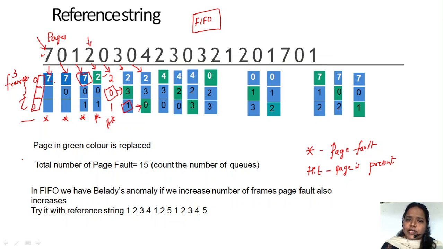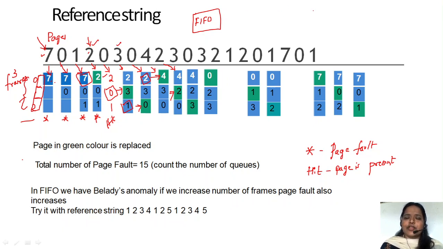Fine. Are you getting what I'm saying? Next, 4 I have to insert. Here which page came first? The second page. Here I'll replace this second page with 4. So 4, 3, 2. Next, I have to insert 2. So after 2, which is the one? We would have 0, but 0 is already replaced. So we'll come with the 3. So here we do it like this: we insert the page which came first.